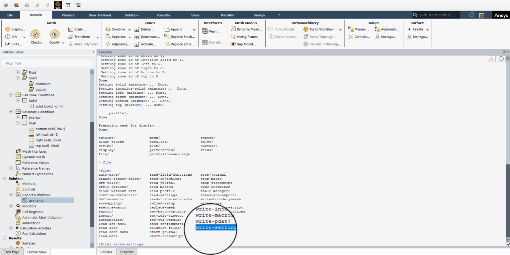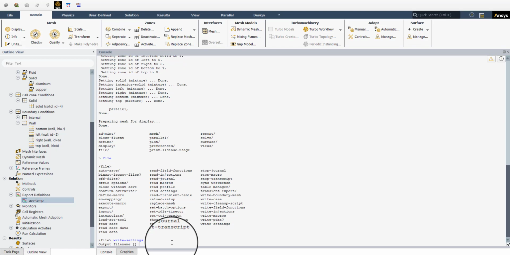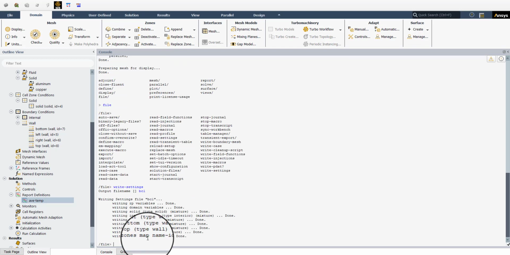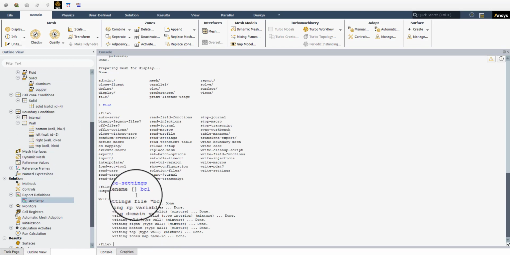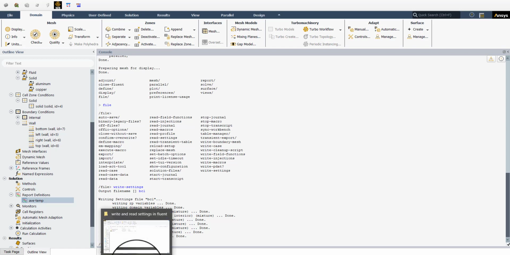You can see that this command will be copied and pasted here, and so we can press enter again to run this command. As you can see here, we need an output name for our file. So I assign BC1, as a boundary condition name for example, and then press enter. So these settings are written to a file with the name BC1,